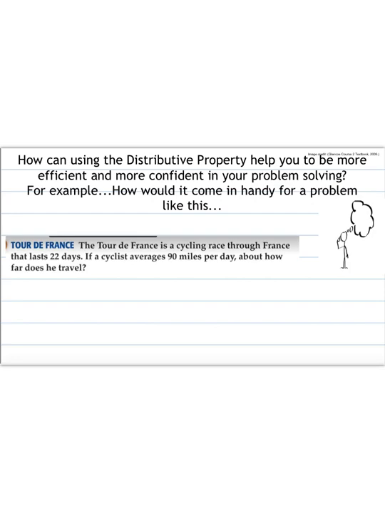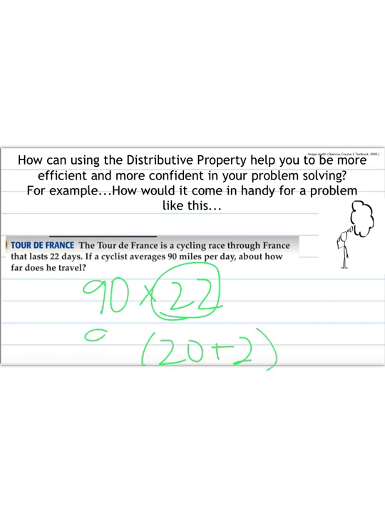Well, if we were to try and do 90 times 22, you could set them up vertically, do your long multiplication. But something else that we could do is we could take this 22 and split it into nicer numbers to work with, which would be 20 plus 2. 20 plus 2 is the same as 22, and now we're taking 90, and we're still multiplying it by that. And then the distributive property tells us we can distribute the 90 to each of them. So 90 times 20